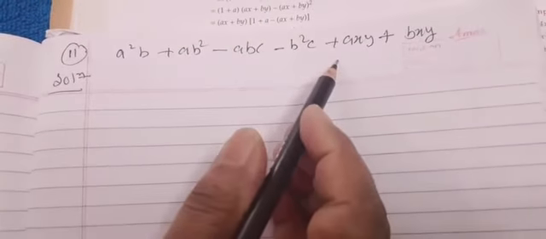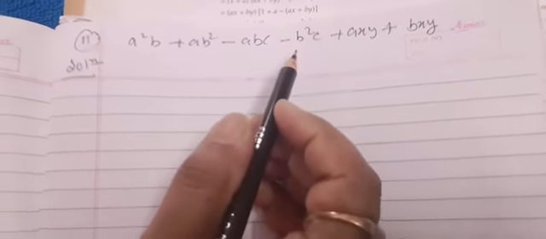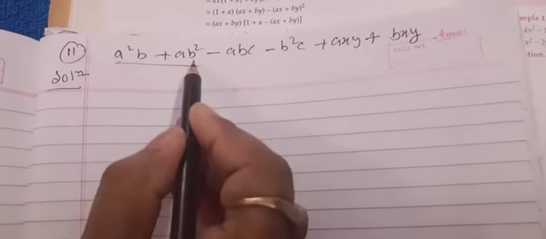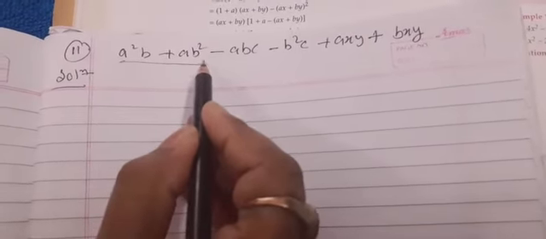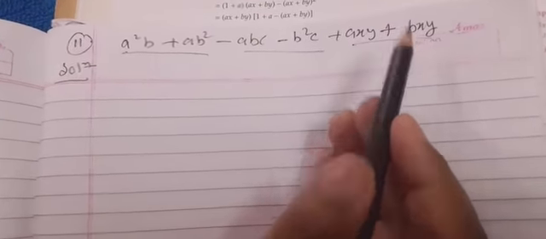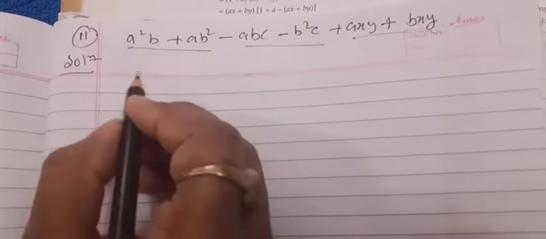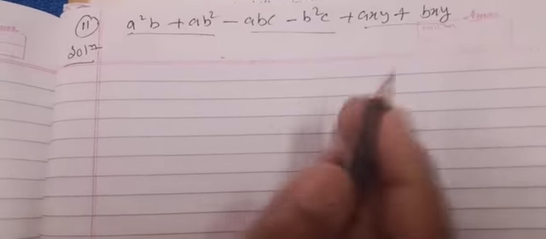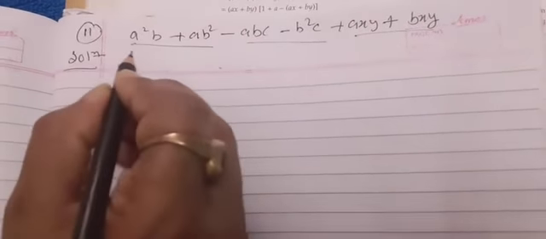Done. Now question number 11. Factorize this algebraic expression. How will we solve it? Let's see. We are having 6 terms. So from the first two I can see that AB may be common. Here BC is common, and here XY is common. So let's try, maybe this will work without shuffling the terms. If it will not work, if we see that different terms are coming inside the bracket, then we will resolve it by changing the order of the terms. First of all, try this one.